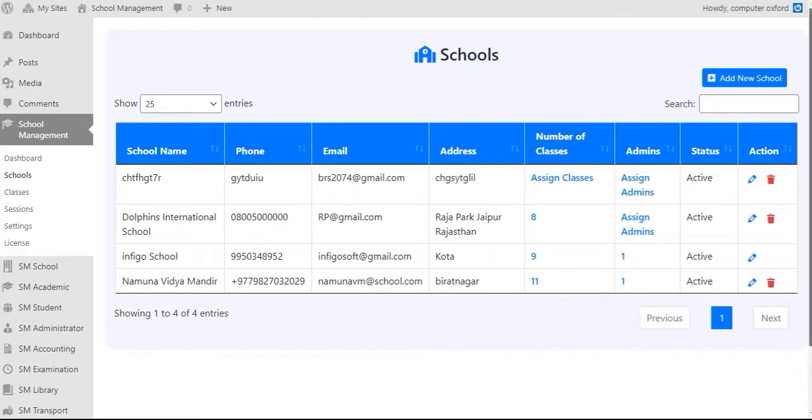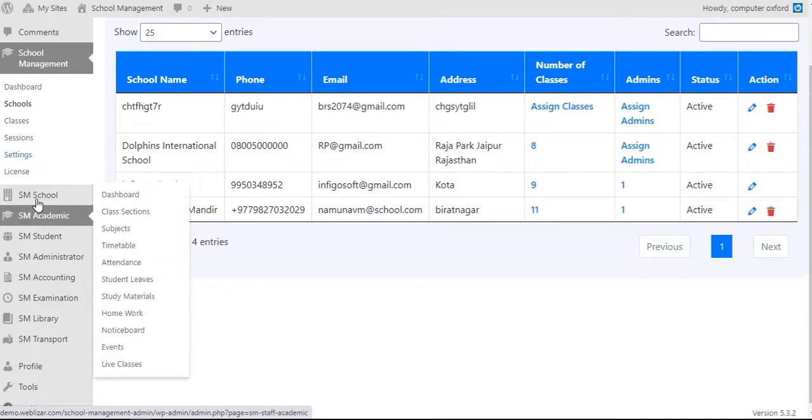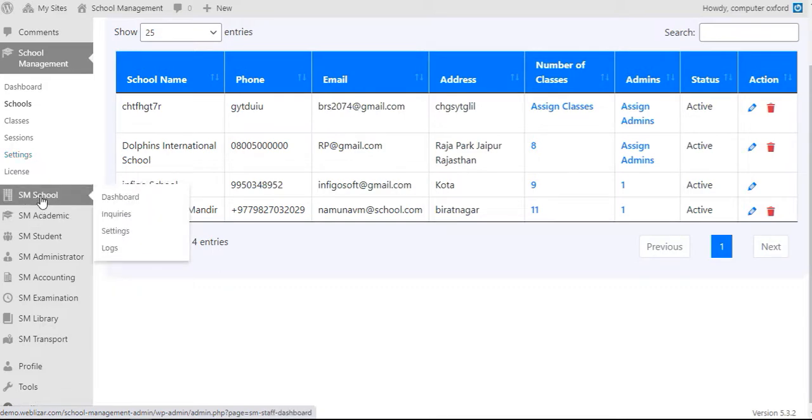Here admin can create classes, and can create sessions, or we can say semesters. Admin can also come down here to the school section. Let me just run through. You can create an